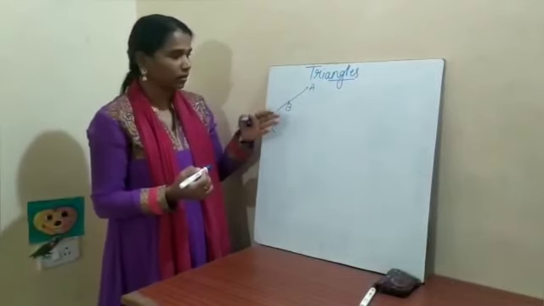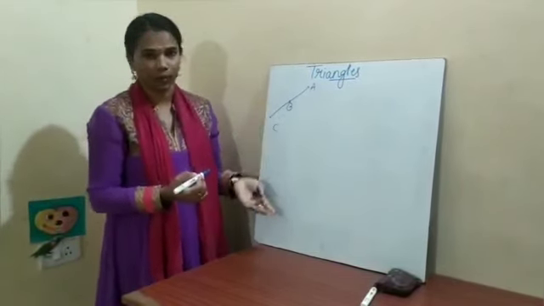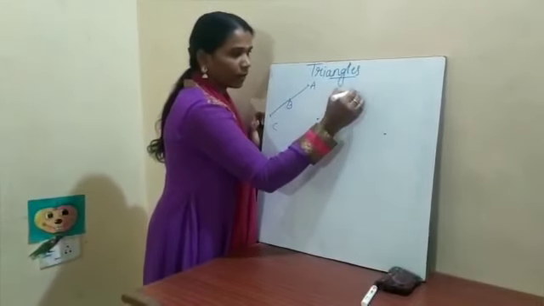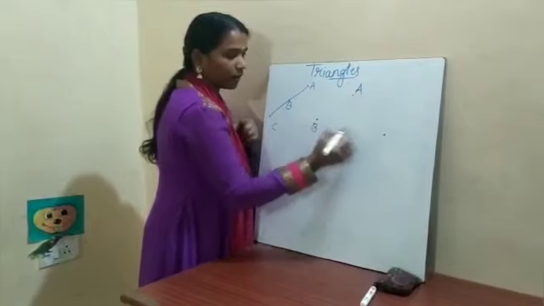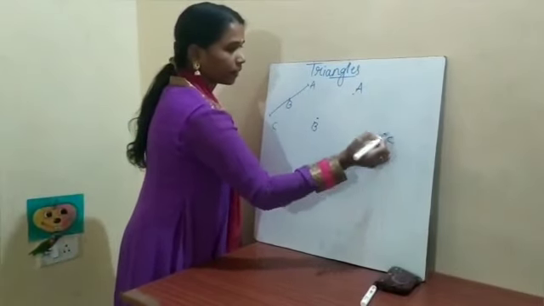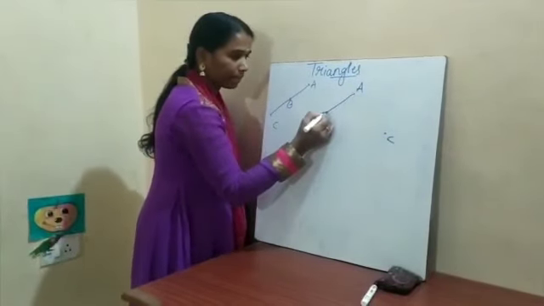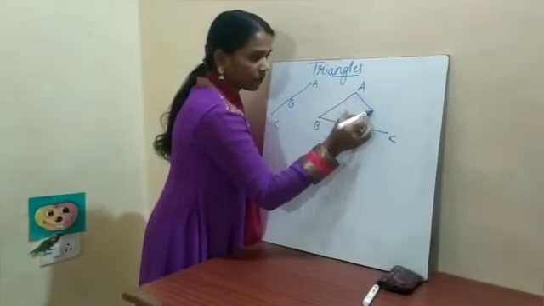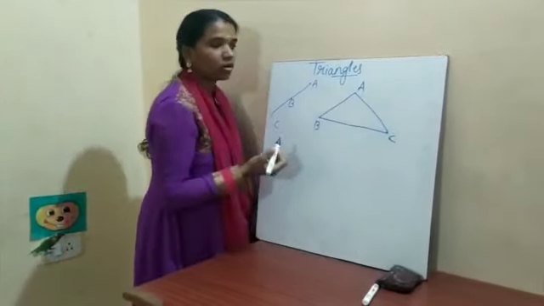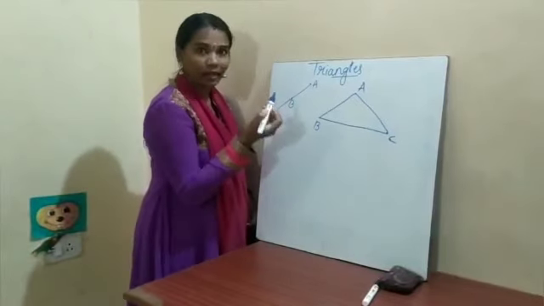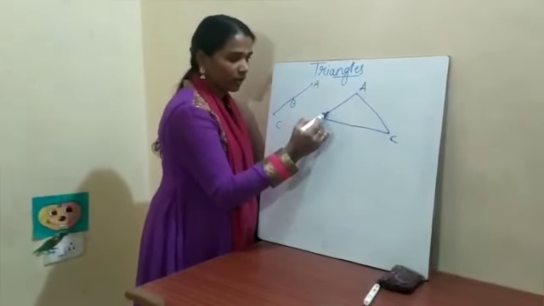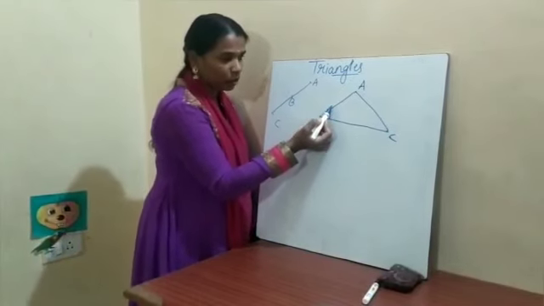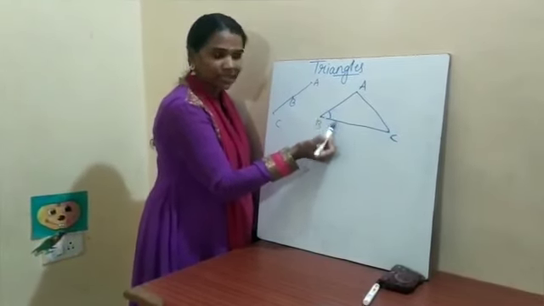Let's try taking the points in a different way. Let me take it in this way, same points A, B and C. Let me join them. You have to use a scale to join, but I am drawing a rough figure here. When I join these, I have got angles here. You can see that an angle is formed here. Why is this called an angle? Because it's the gap between two arms or two line segments.